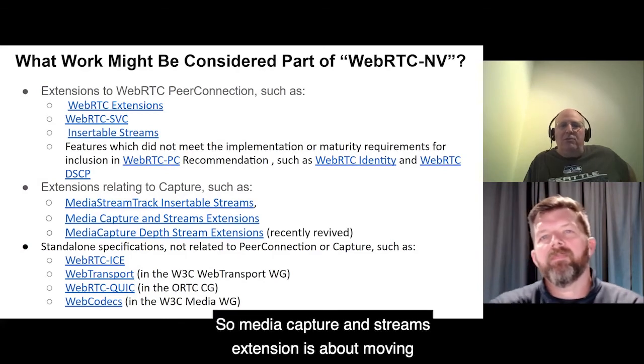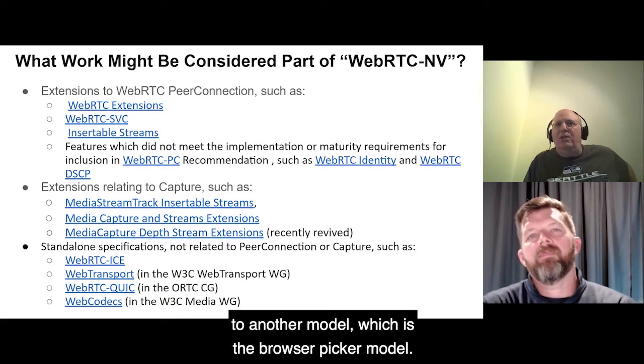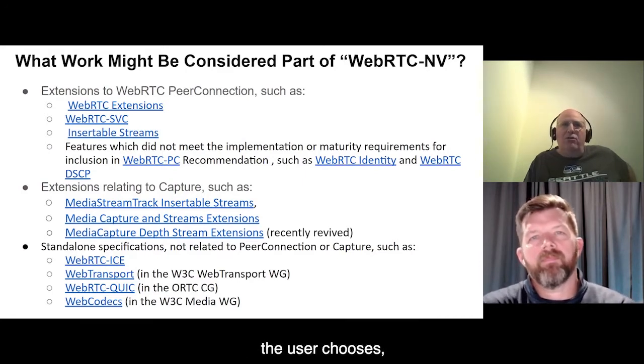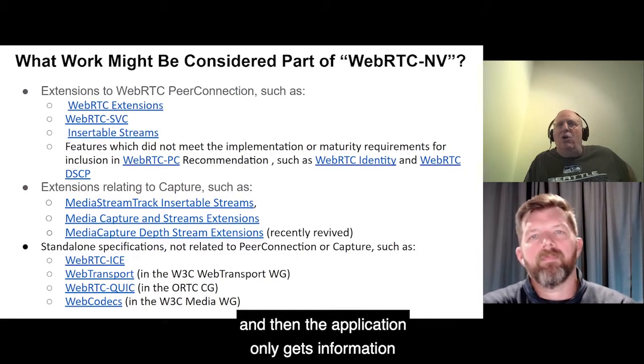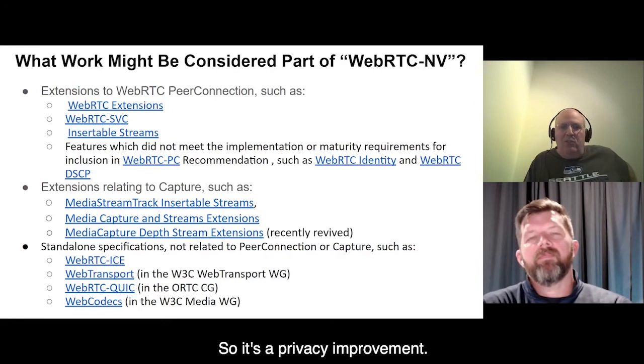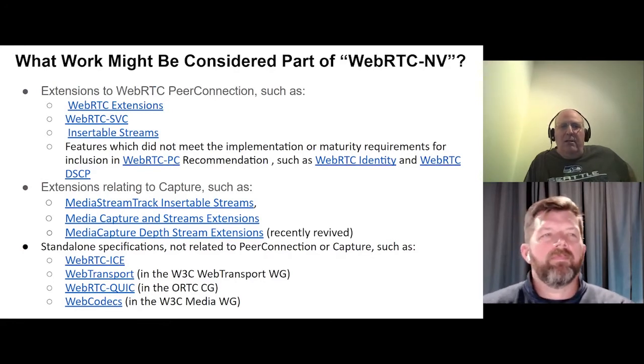So media capture and streams extension is about moving to another model, which is the browser picker model. So essentially the browser provides the picker, the user chooses, and then the application only gets information about the devices that were selected. So it's a privacy improvement.